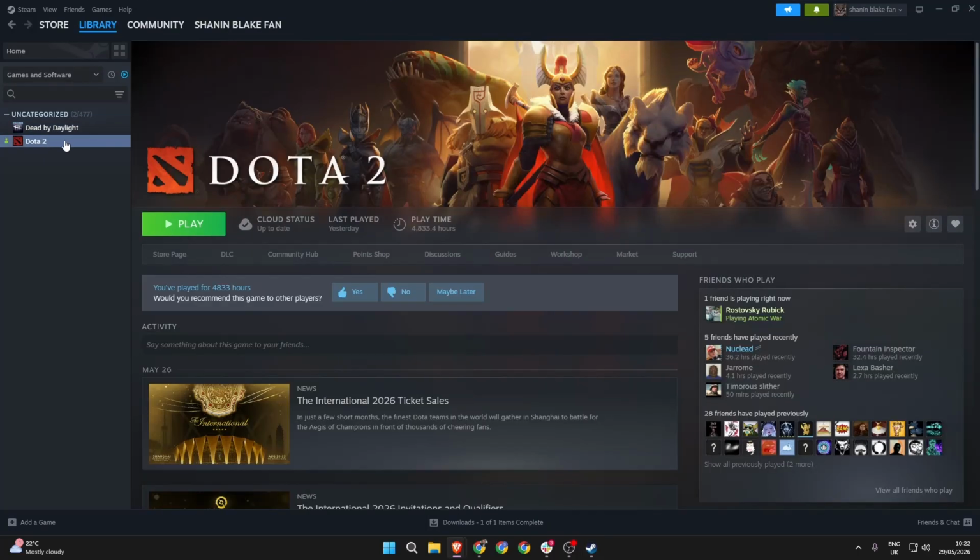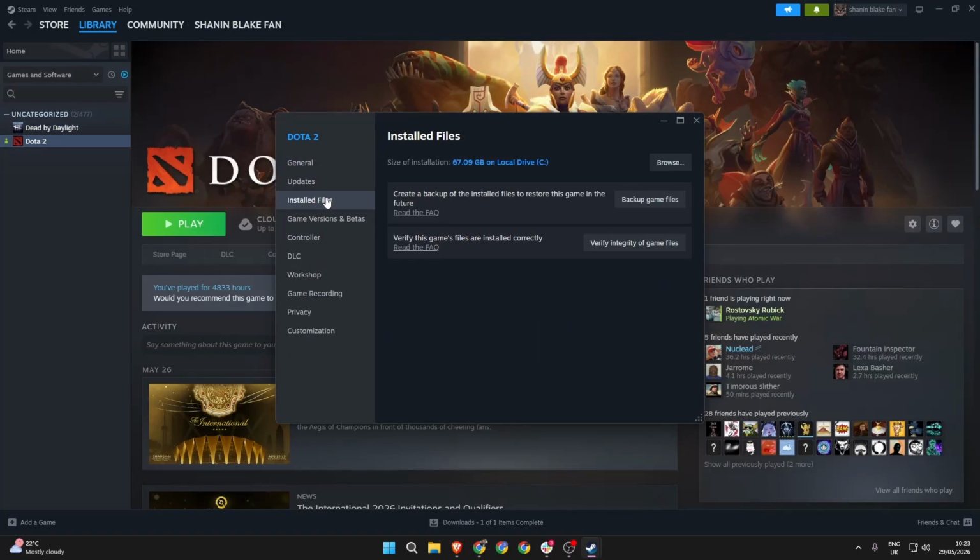The first thing you want to do is right click on Dota 2 and go to properties, then click installed files and hit verify integrity of game files. If you have loads of different guides selected within the game, or you've played lots of different custom games, this might take a few minutes to do, but you don't have to wait for it to finish before moving on